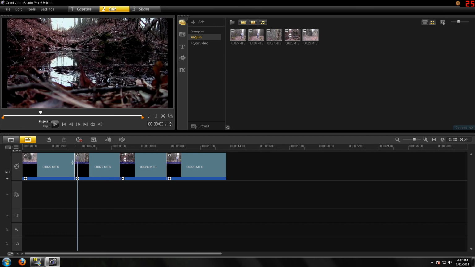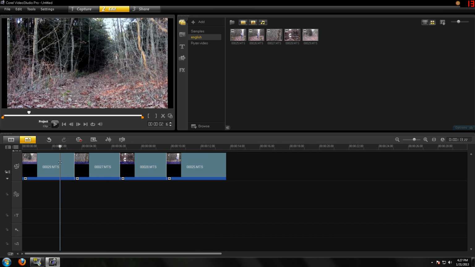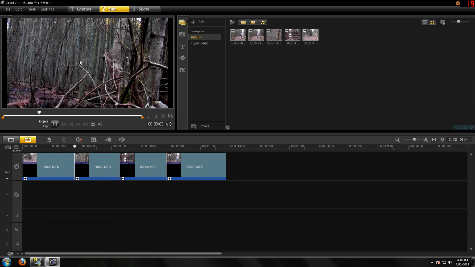However, there's a trick that I like to do. It's called panning. Now, panning is you're going to move the camera left or right. Try to create a nice little effect. It just looks very, very visually appealing. It usually looks better than just keeping the camera still when you have a little bit of swing to the right. For example, this is a nice shot, but there could be something added to it,